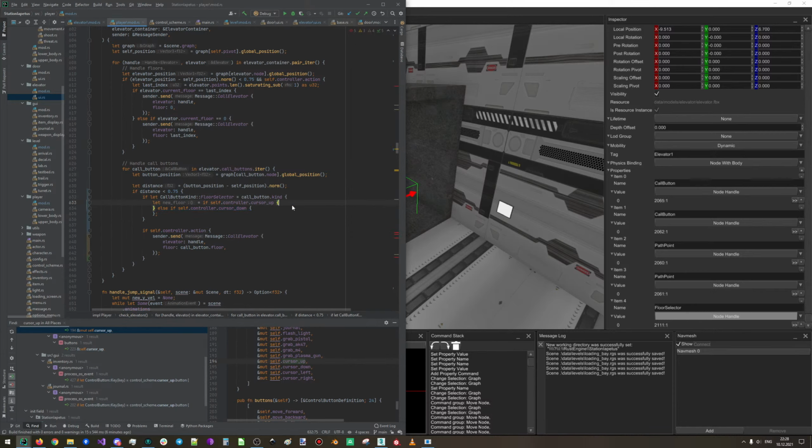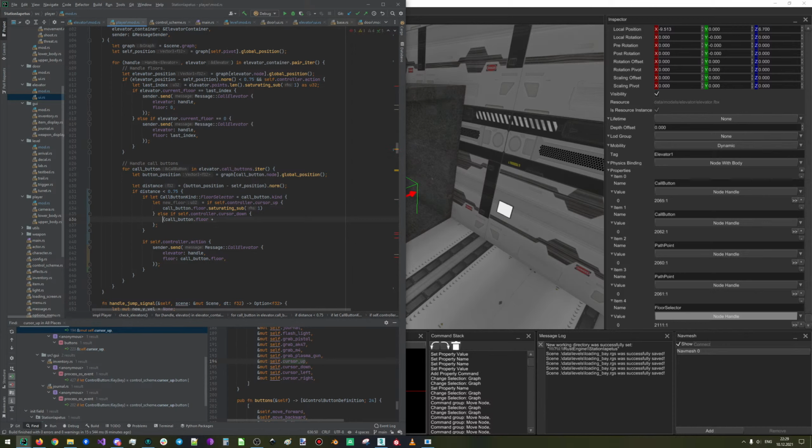Yes, and the new floor will be the call button floor saturating sub 1. Yes, and this will be, what will be, yes, this one will be the floor